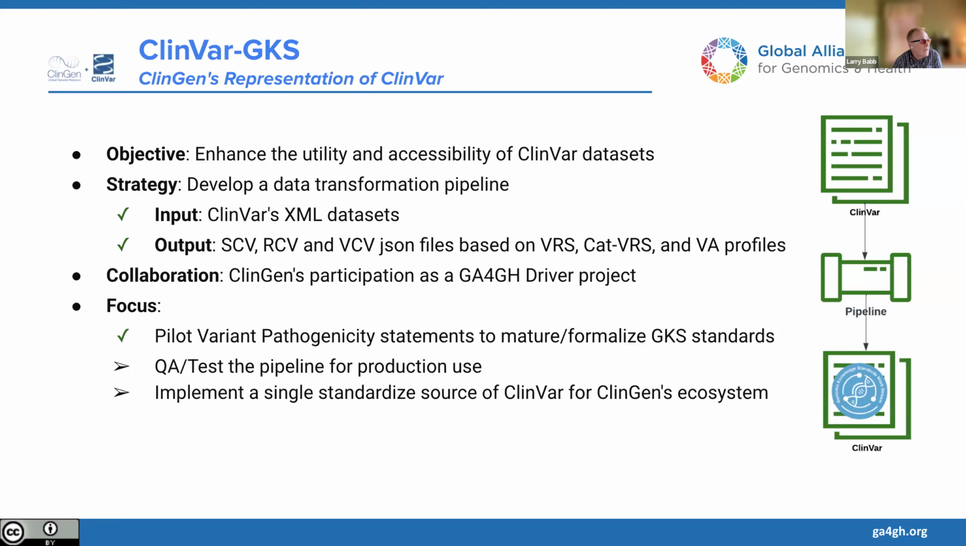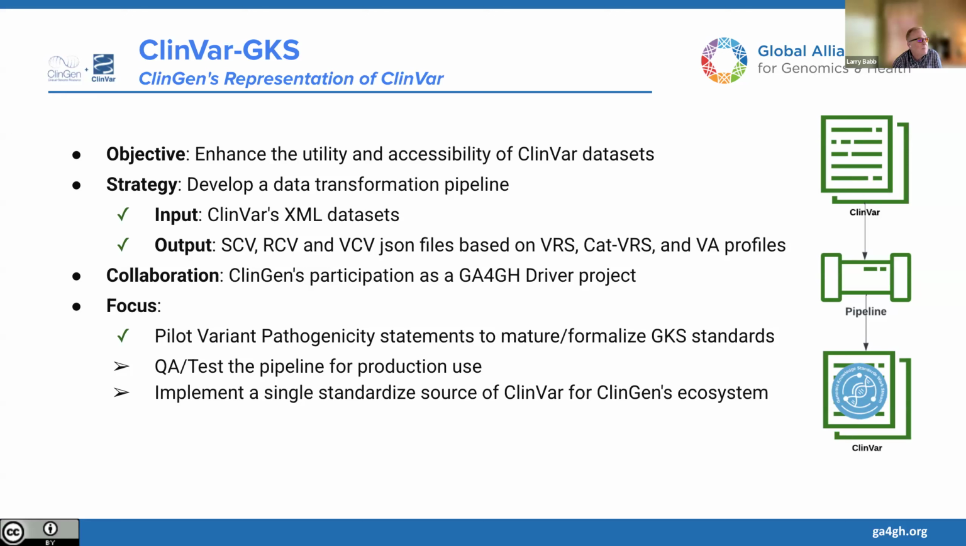This is still a work in progress. We're very close to being able to have some early adopters work with this. That'll probably be happening this month. ClinGen is participating as a driver project to do this. The reason it's been taking a while is because we've been piloting this work primarily around the variant pathogenicity statements that are in ClinVar, even though now they're supporting somatic, oncogenicity, and therapeutic response and some of the other ones that you saw. But it was a lot of work to